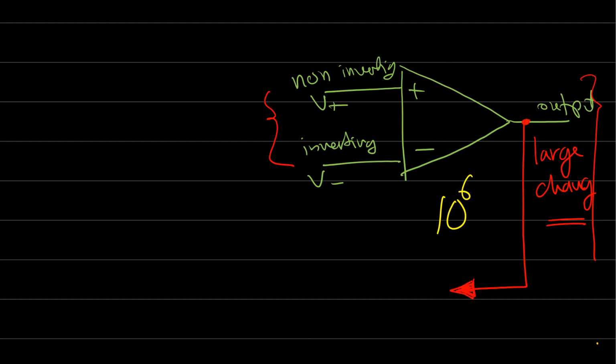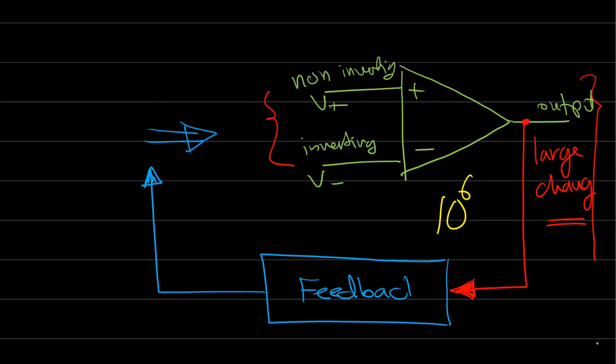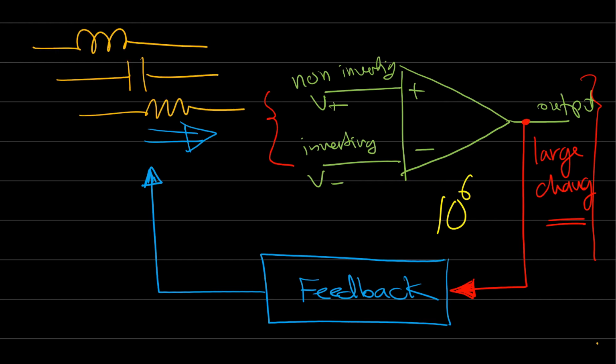We need a control system here to take some of the output voltage or output power, make some adjustment, and give it back to the input. This feedback can be achieved using passive elements. As we said, passive elements have much better drift characteristics, and they can hold the signal much better than active elements. So these passive elements can hold the fast changes in the signal and make the amplifier's operation more stable. The combination of active components that build high gain and passive components that provide better controllability enables us to design the required gain of the amplifier with more stable operation.